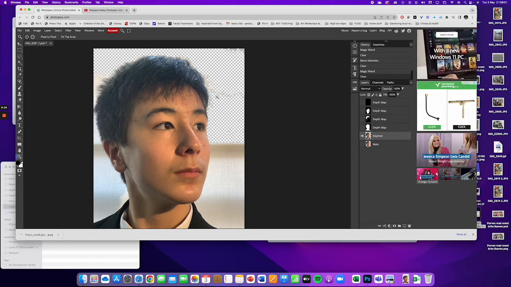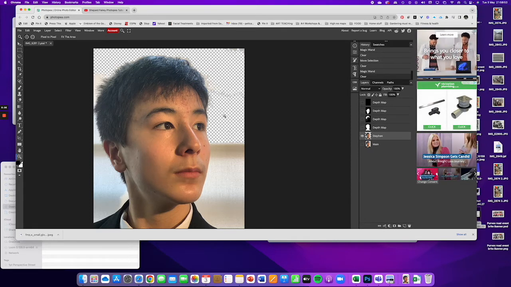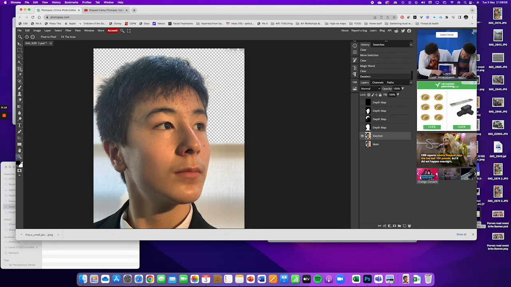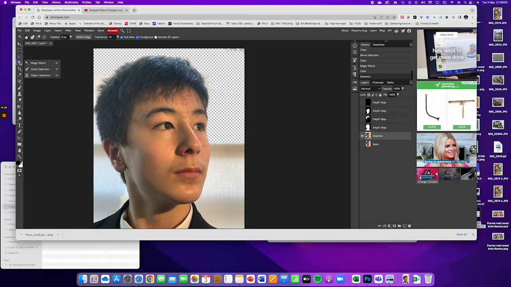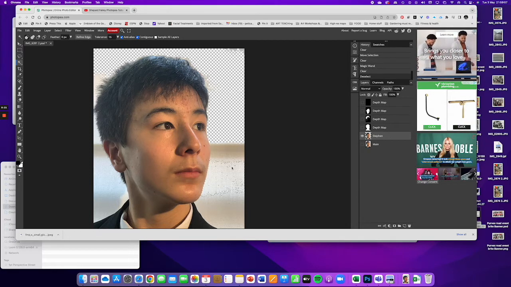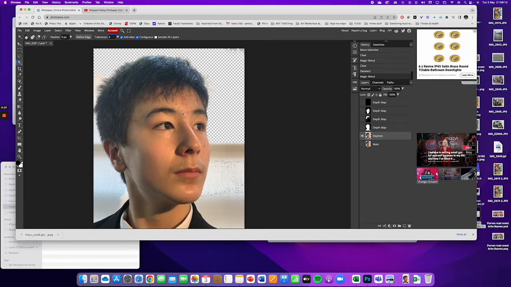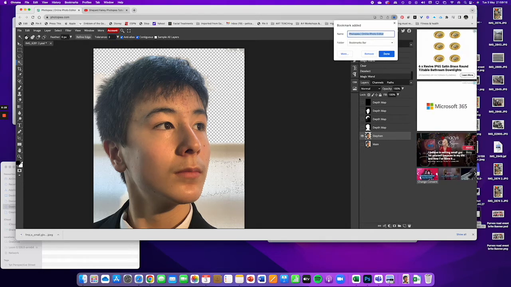Okay, so I've got a bit selected there. I'm not interested in having that selected anymore because I've already deleted that. So I'm just going to deselect. I'm going to go back to my magic wand tool, which is over here. If you hover over it, it will tell you the name of the tool. Now, what you can also do is change the tolerance, as I said. So if I went down to a tolerance of 3 down here,